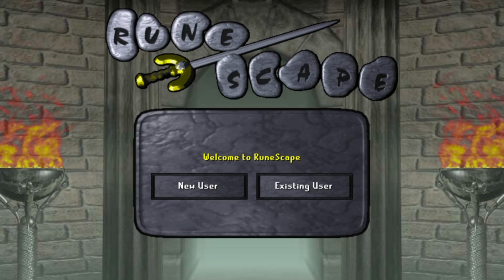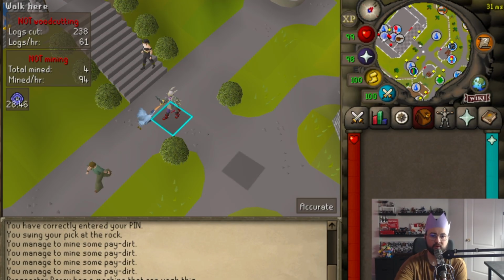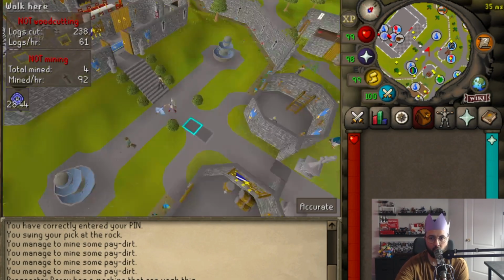There are many massively multiplayer online role-playing games out there, also known as MMORPGs. My favorite just so happens to be Old School RuneScape. In Old School RuneScape, you can do fun things like walk around,